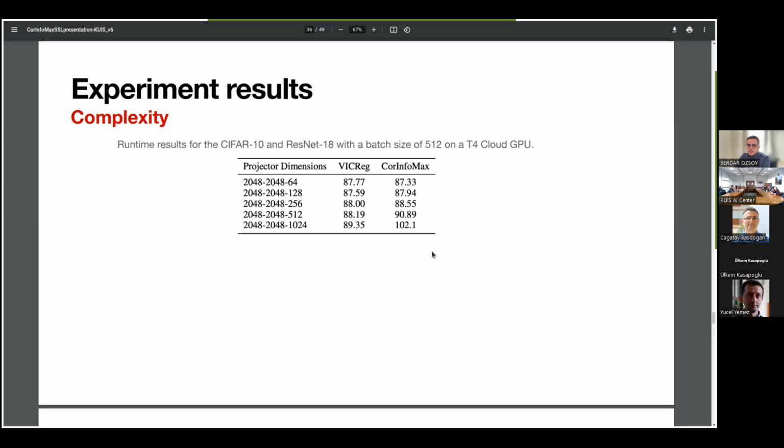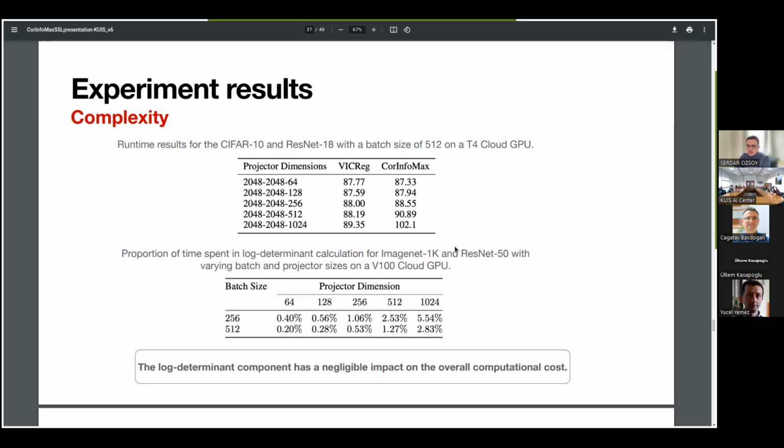And basically we looked at sizes from 64 up to 1024, and this is higher than what we got the best performance with to begin with. And what we see is that although there is an increase in the computation complexity of the loss function, it remains within a reasonable margin, especially when we go as high as 512, which is what our best hyperparameters were around.